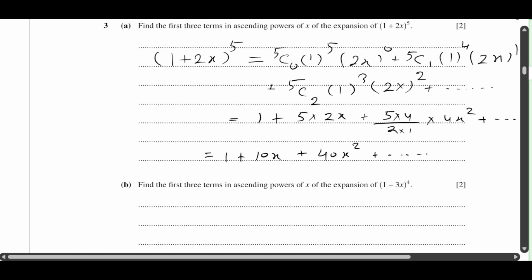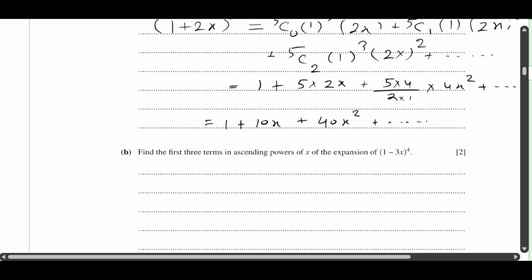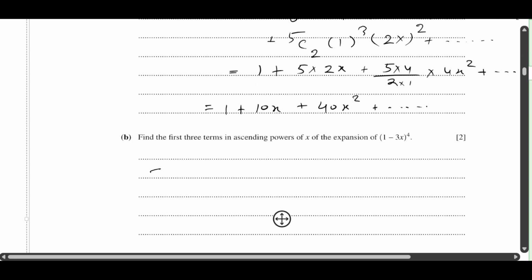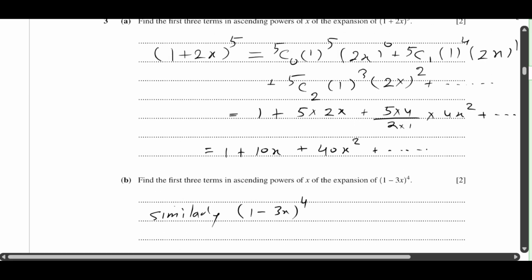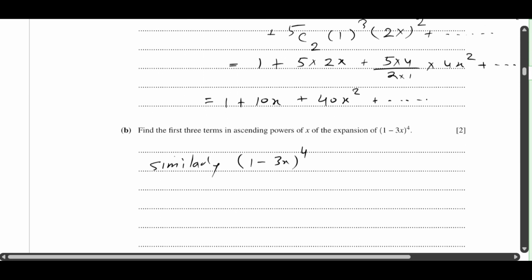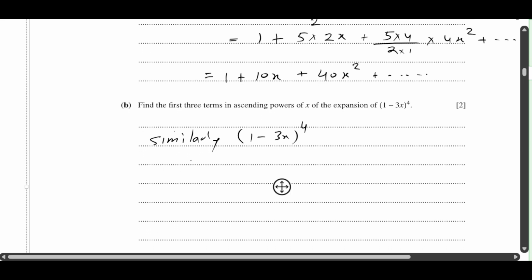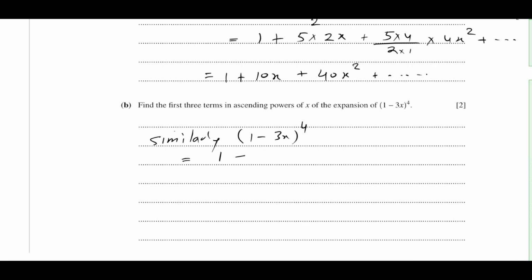Now the B part: find the first three terms in the ascending power of x of the expansion of (1 minus 3x) to the power 4. So similarly you can say (1 minus 3x) the whole power 4. Now here we find (1 plus 2x) to the power 5. Okay, so this is equal to: the first term is 1 minus 4C1, which is 4, 4 times minus 3x, plus 4 times 3 divided by 2 times 1, so it is 6,